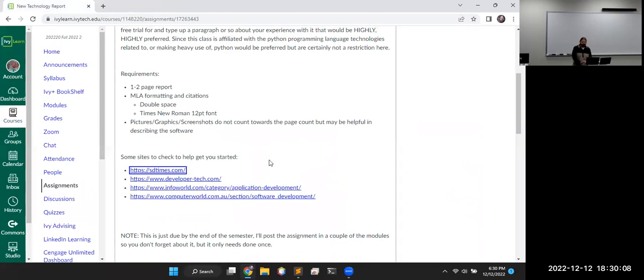So look for 3 that you find interesting and just write a paragraph or so on each one. 1 or 2 paragraphs, give a quick summary of it, say why you think it's important for the field. And the point of it is just to